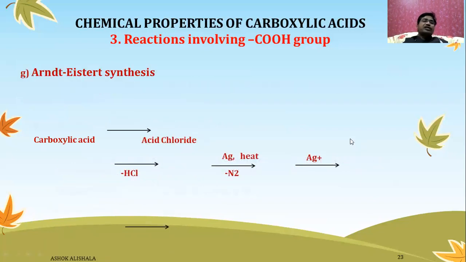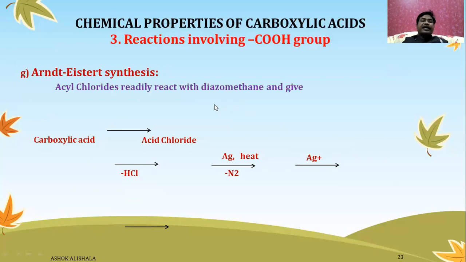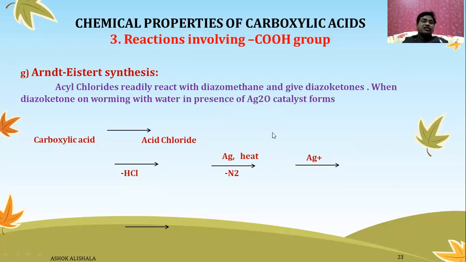This is going to be the Arndt-Eistert synthesis. This is also a special reaction that enhances the carboxylic acid by one carbon. Generally, the acid chlorides readily react with diazomethane and give a diazoketone. This is an intermediate. When the diazoketone is warmed with water in the presence of a silver oxide catalyst, it forms the next homologue